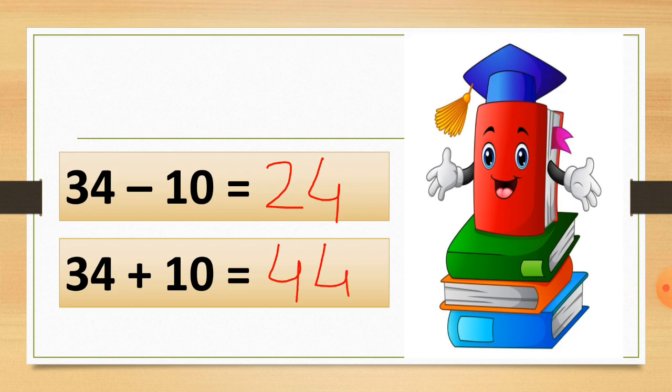Hope you understood how we use this hundreds grid to add or subtract numbers very easily. You just have to count the steps and remember the direction. If you want to cut the numbers, you go up, and if you want to add the numbers, you go down. This much easy it is.